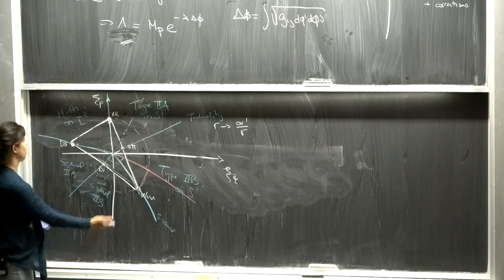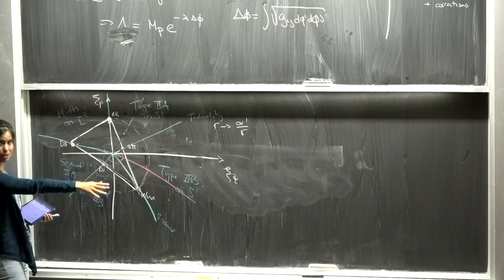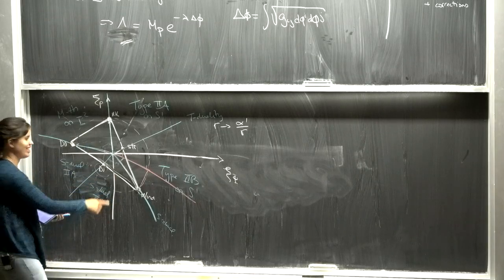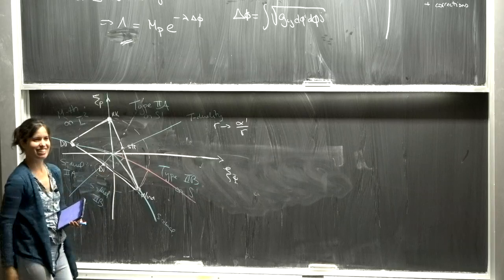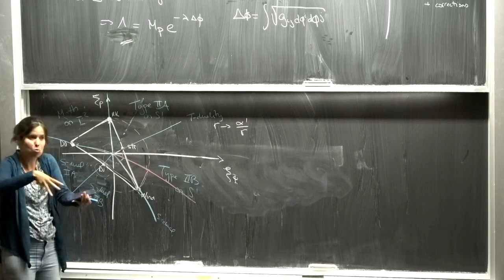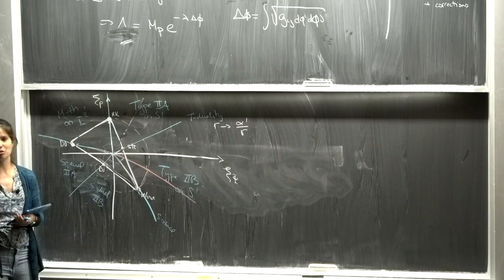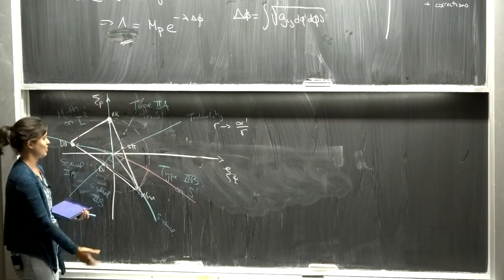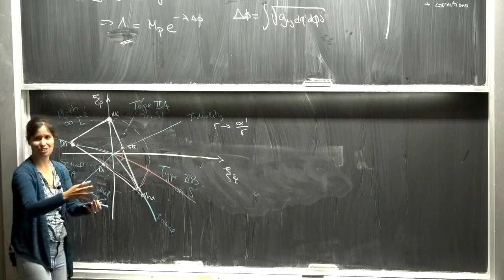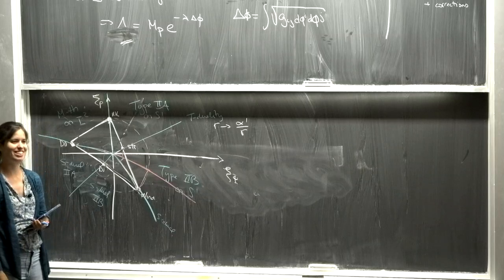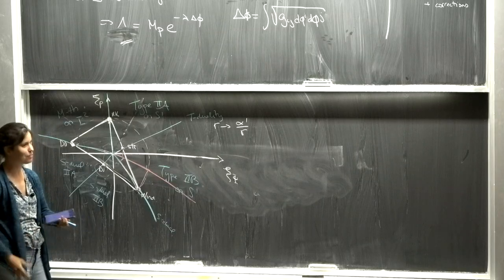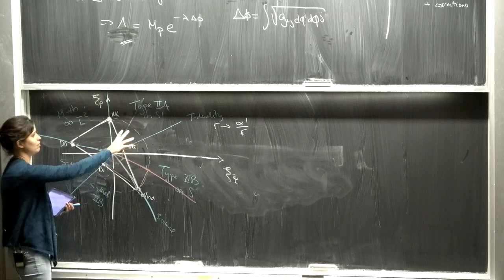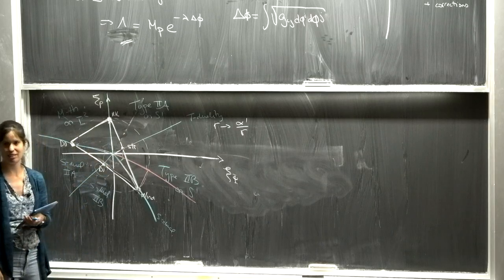And then you can play many games, like you can now consider more complicated compactifications and try to do similar pictures. And then you get different polytopes that are a representation of the duality frames that you have in that compactification. And they are constrained. You can try to see which ones are possible or not, and then compare with examples, and then learn about how different dualities can fit together.